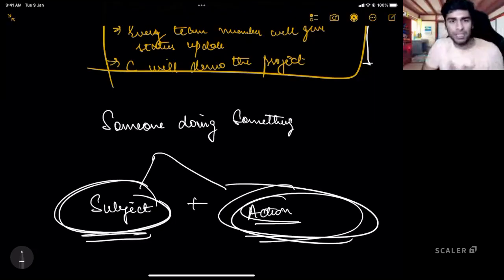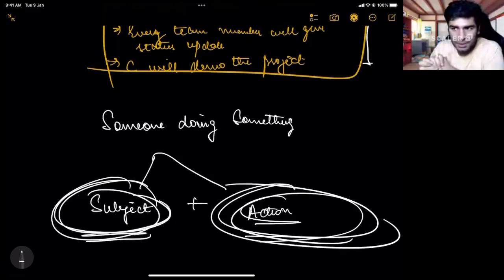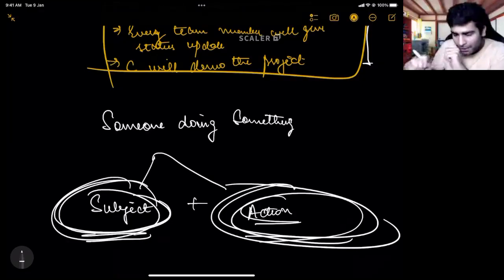Can everyone relate to this? That when we talk in our day-to-day lives, we talk in terms of someone doing something. That is how we try to describe the things that are happening around us. But now, will this thing hold even if we have to describe how our planet is working?